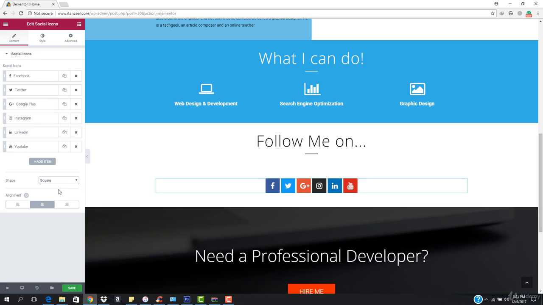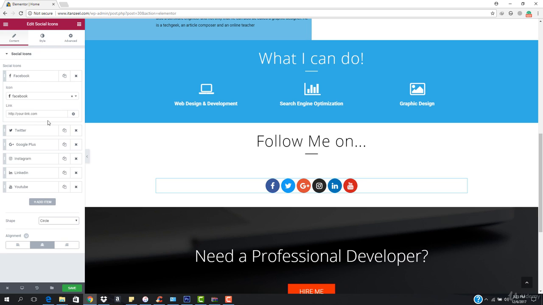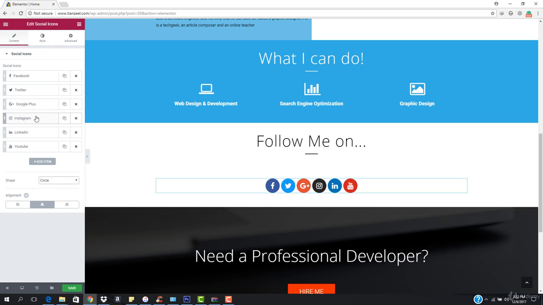So shape can be either square, rounded, or circle as well. I think I like the circle one. And then I want to come here and add these links. You can add these links later on. I want to come here to the Instagram one,